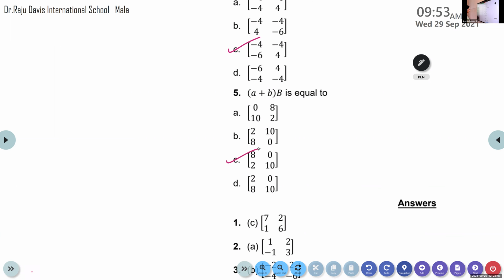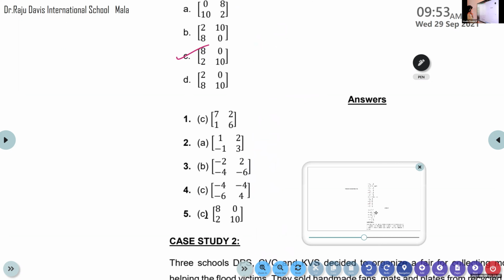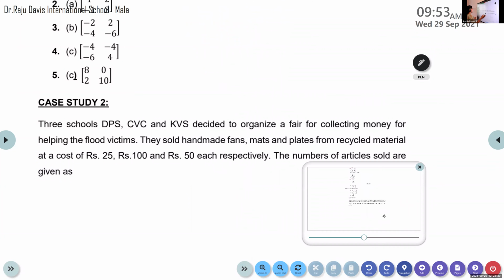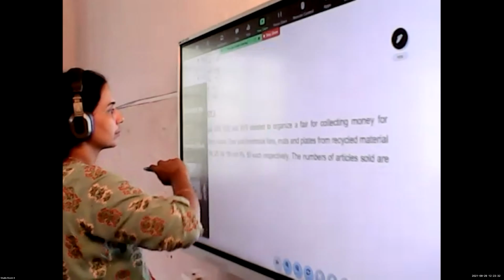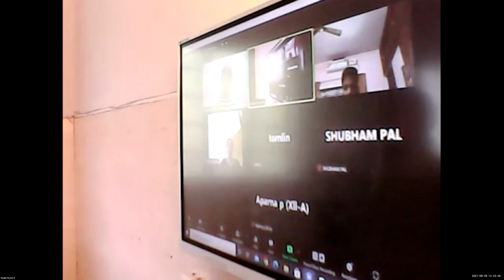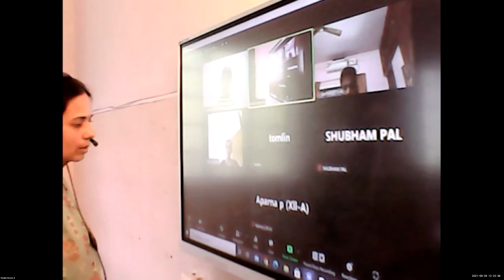Yes. Option C. Okay. Here in the case study question, after each case study, don't look into the answer and do it. After each case study, you can check the answer. Finally, the answers are given after each case study question. So you can do this and check how many questions went wrong. Now, shall we move on to the next type? Look at the next type.